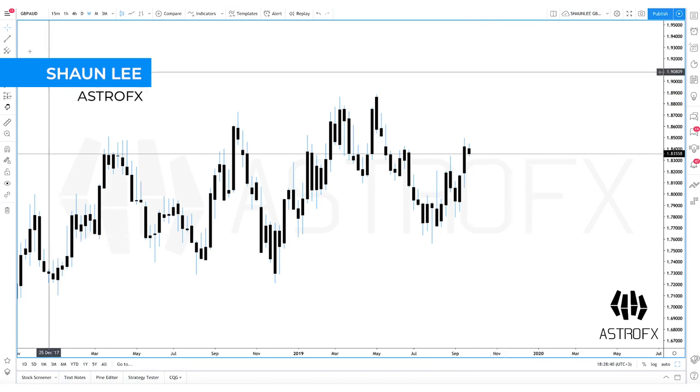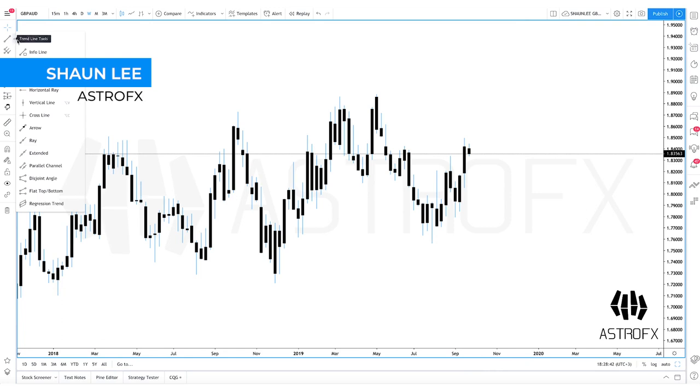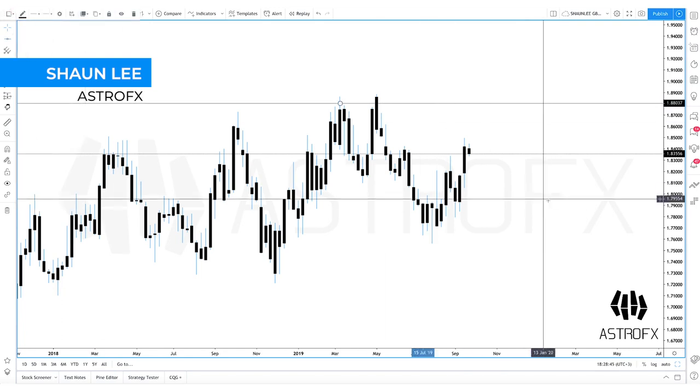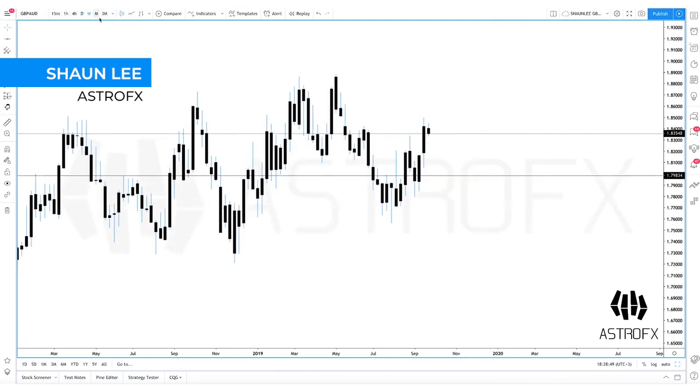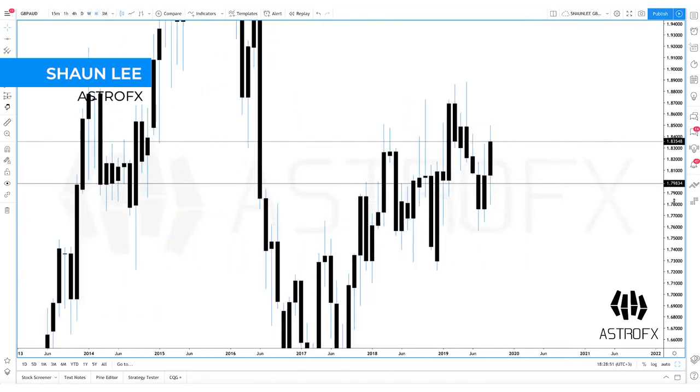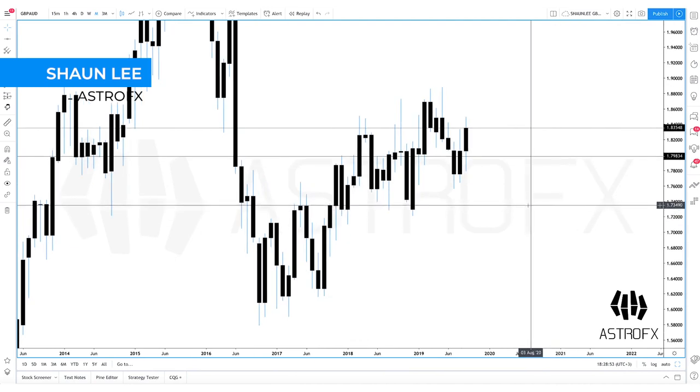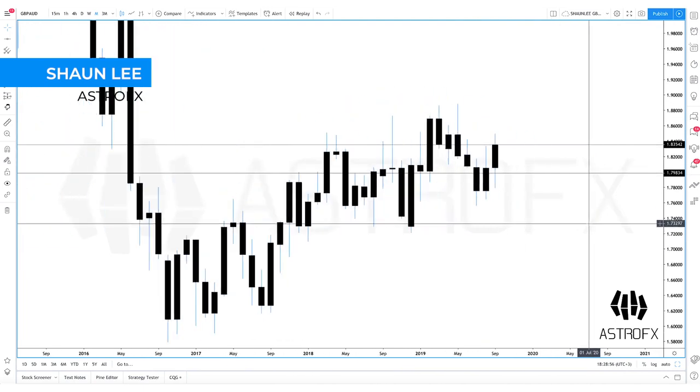Alright, so firstly, what I like to do on the weekly is use the horizontal line. Simply put, it's the only time frame where I use the horizontal line. Monthly, yeah, great. I will keep an eye on the monthly in terms of PA, and I'll always look at the previous month's candle. So if I just show you one thing,